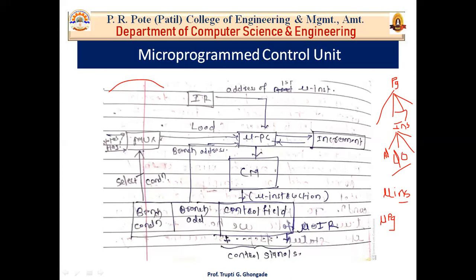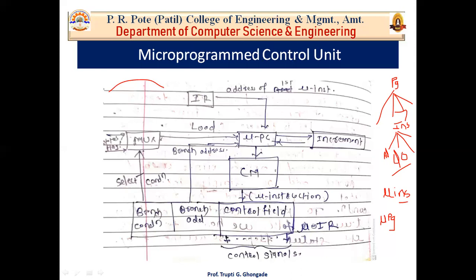Okay, so the set of micro instructions that correspond to one instruction is called the micro program for that instruction. Only that set is called the micro program for that particular instruction. So if the instruction is addition, I want to produce control signals, so a circuit will not produce them. A set of micro instructions will produce those control signals.